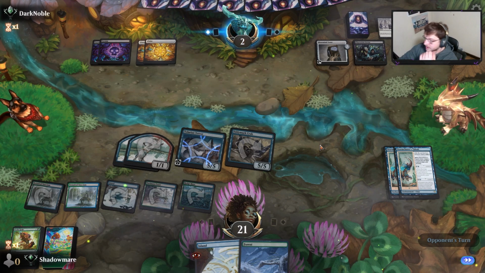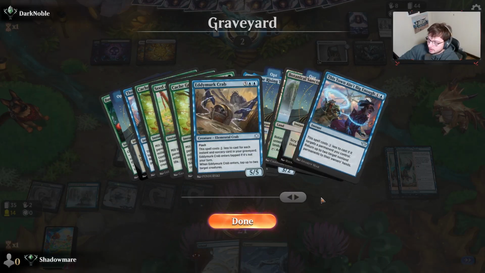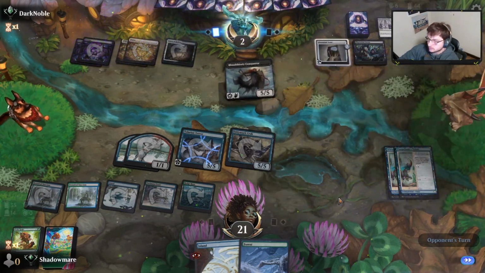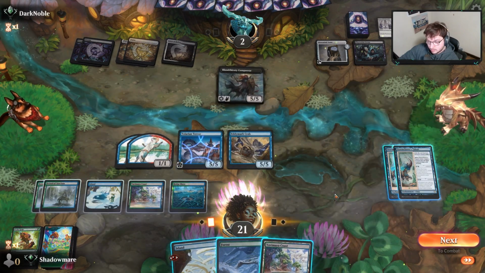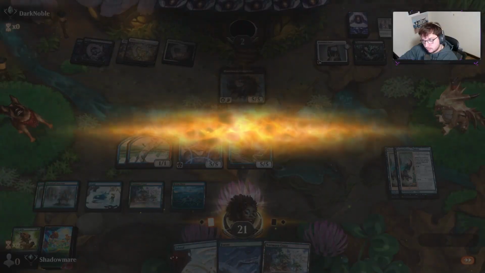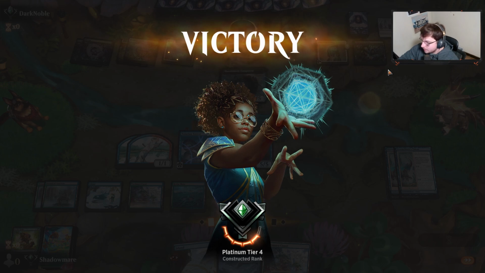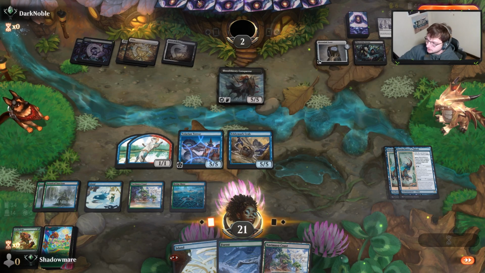Because of this Phyrexian Arena. Now, even if it's like a board wipe, it gets weirdly close. Hello? The plan, by the way, if you're afraid of attacking into this, you're like, well, maybe they have